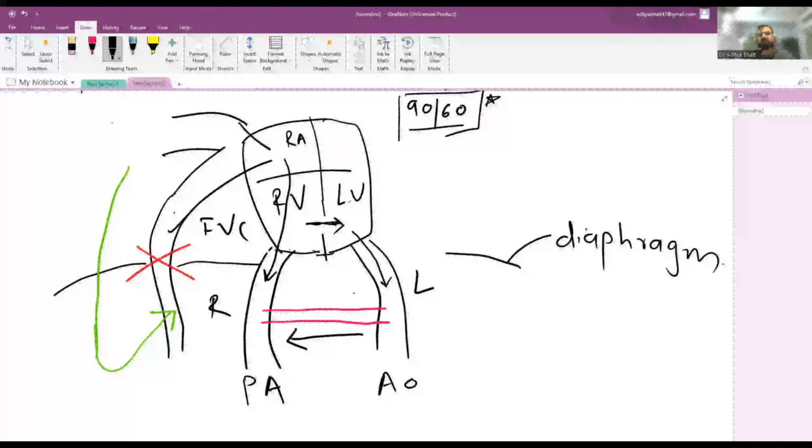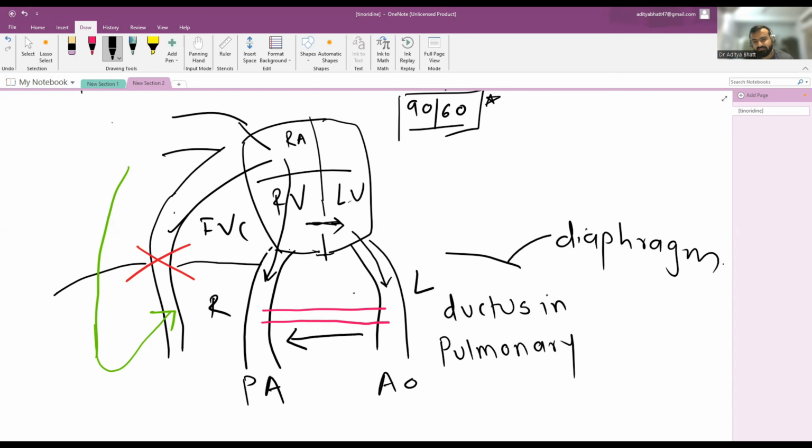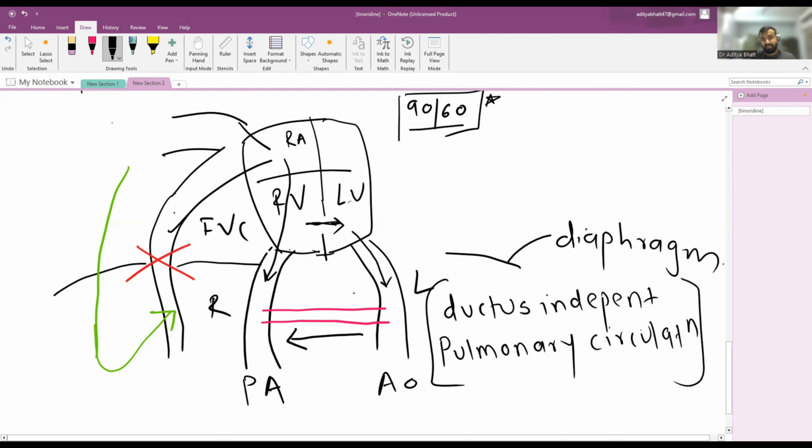So here, the presence of ductus is not necessary, and this is a ductus independent pulmonary circulation. Okay, the ductus is not required, and many patients, there is a hallmark that once you start alprostadil in